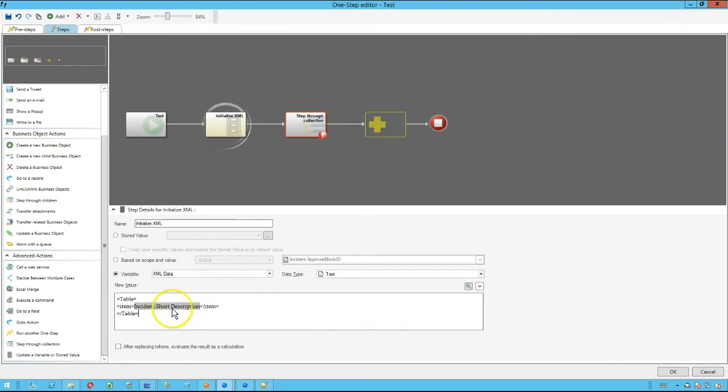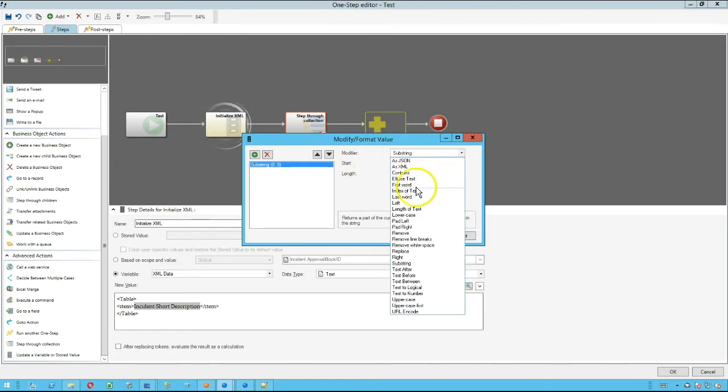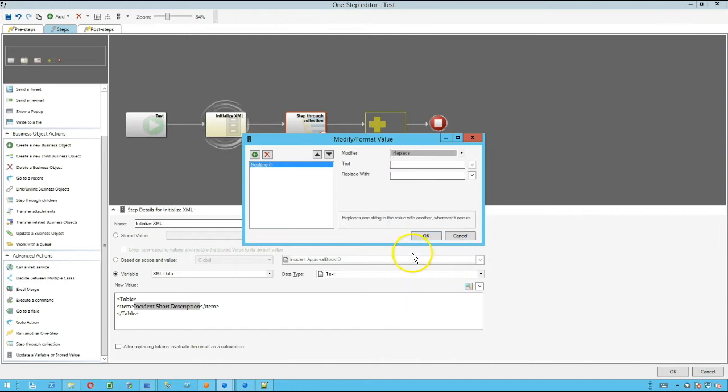So what I'm going to do is I'm going to replace the commas in my comma separated list for description with end and start tags for this item. So I'll go ahead and select replace. I'm going to be replacing any of the commas with an end tag for item and then a start tag for item. What this means is that when we go into this